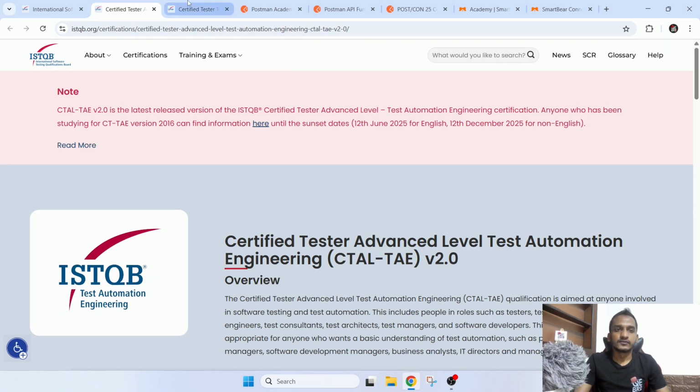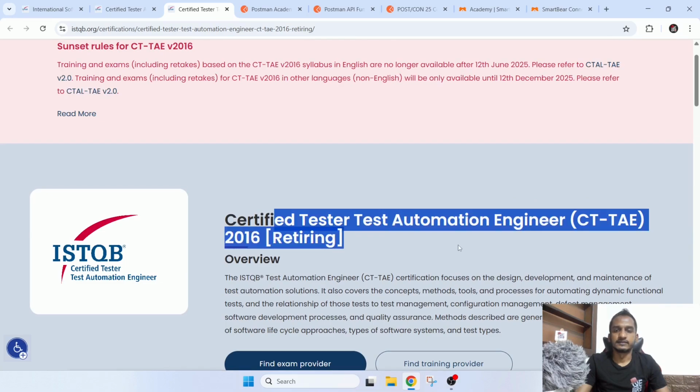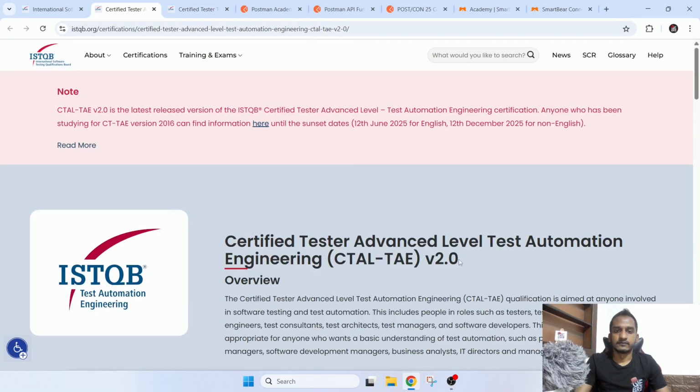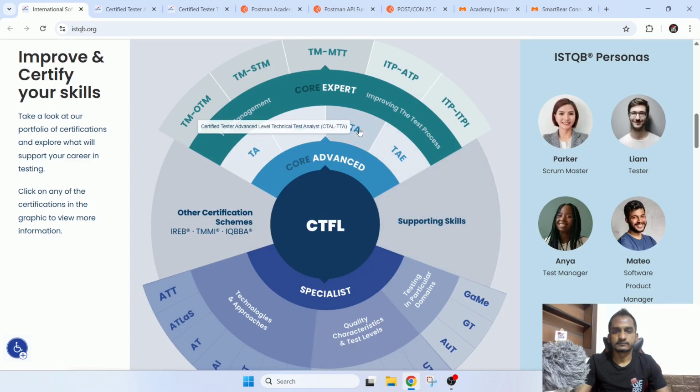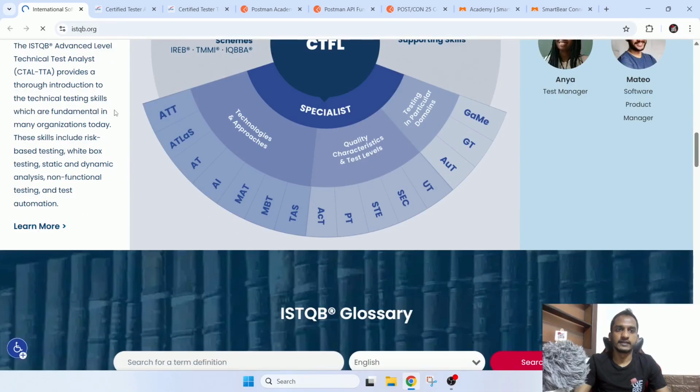Okay. So then the next exam available is, yeah, this is the retiring of the old exam related to the same. So it was the test automation engineering. Then the next exam here, under the advanced category, is the technical test analyst exam. So here if you go to that particular exam,